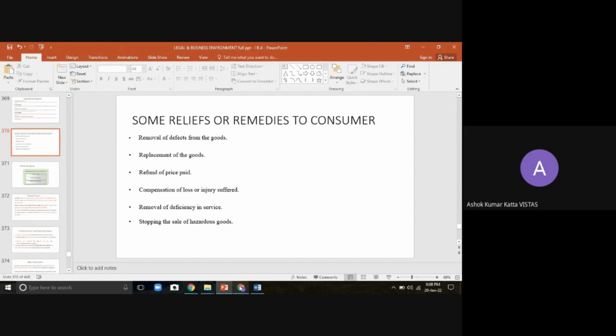But many of them simply ignore this. If you file a case, then definitely you will get back the 2 lakh rupees for the renovation of your house. Apart from that, if you have any kind of insurance and other things, you will get that from the company. So these are some benefits we get once we know about these things.